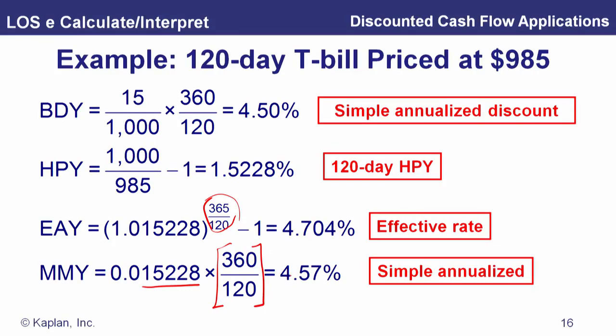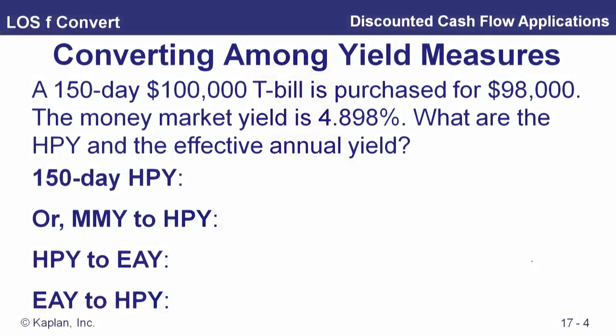We've also got an LOS that has the command word convert in it, and we're asked to convert among these yield measures. The idea here is if we're given two securities and we're given the yields in two different bases, then we need to change one into the other so we can compare those securities and figure out which has the higher yield. So for our example here, we've got a 150-day, $100,000 face value Treasury bill, which we purchased for